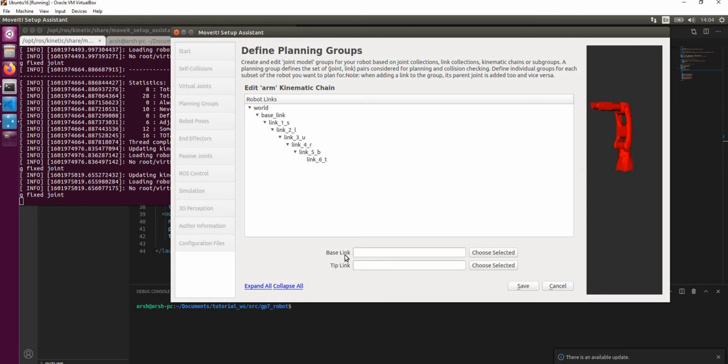So you have to select the base link, which is sort of like a parent link. So either select this or base link or world 1. They both are the same coordinate, if you remember from the URDF. And for the tip link, I'm going to select